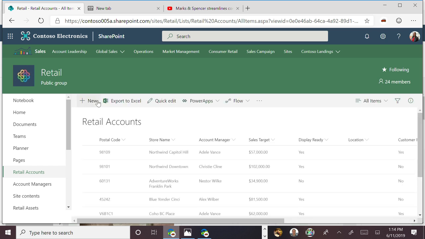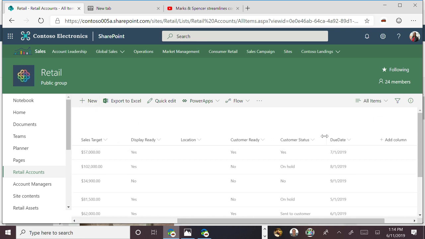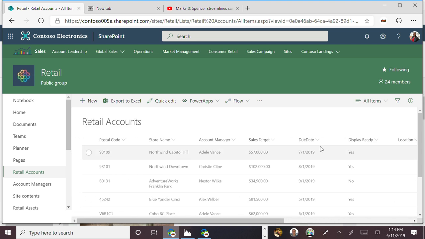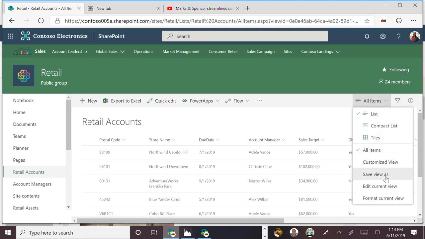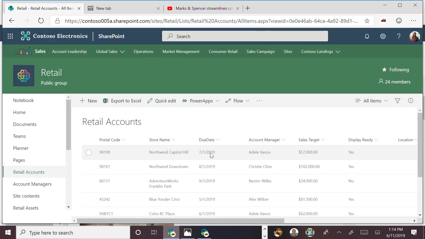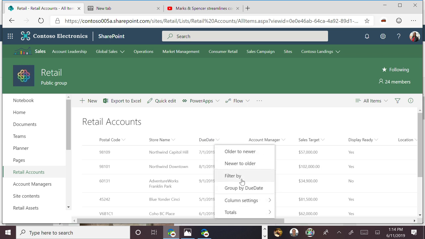So quick edit gives me that gridded view. I stay in a modern experience. I can still filter. I can take advantage of things like custom formatting. Let me do some things here. Let's drag this over there. Let's keep dragging it just because I want to keep it on screen. Great. Save the view. Save that change.